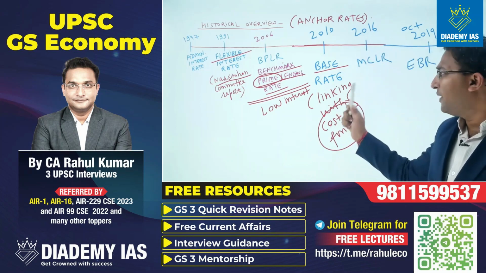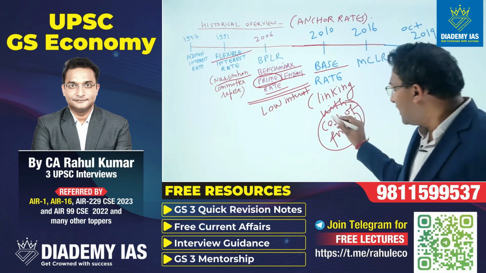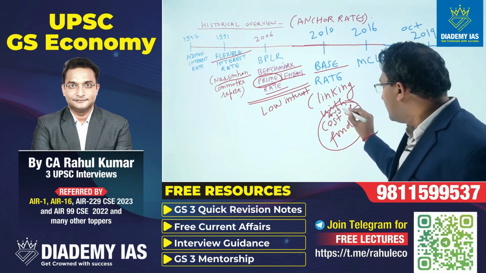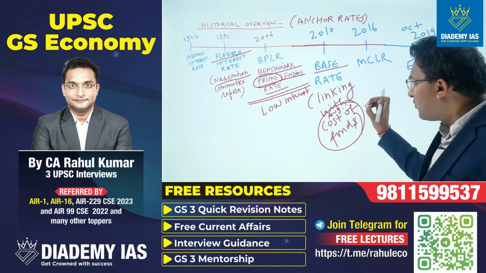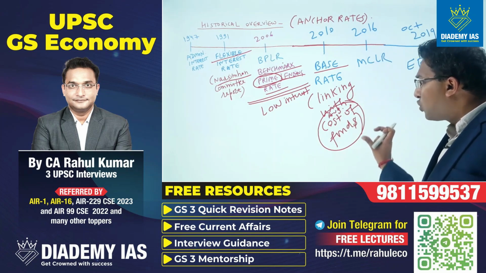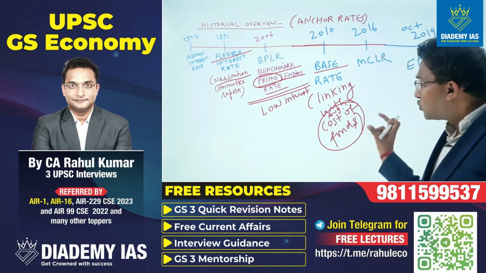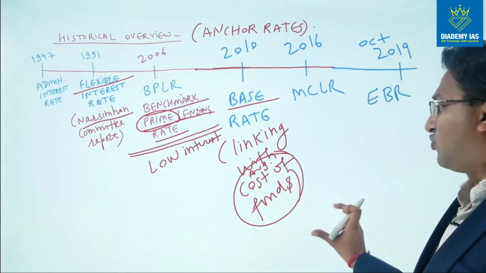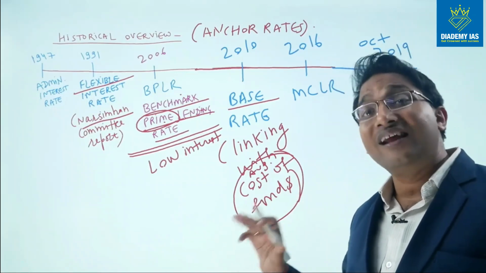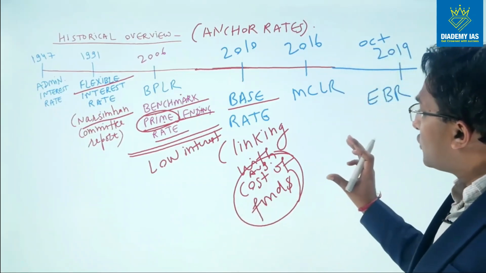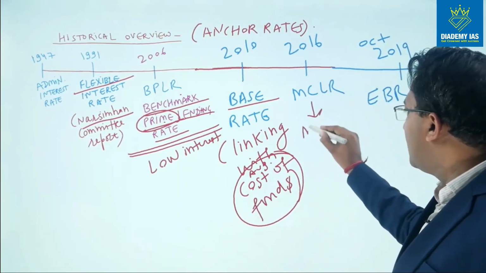This base rate is based upon the average cost of fund. In this base rate, the problem arose that this average cost of fund started impacting the new borrowers. So to avoid the problem of average cost of fund, what is that problem? I will discuss in the next slide with an example, right? So to avoid this, we started with the concept of marginal